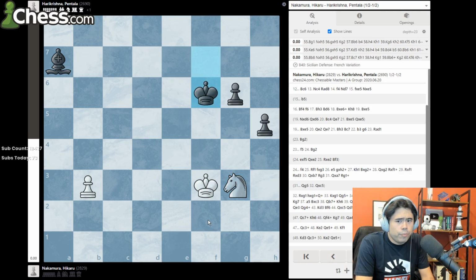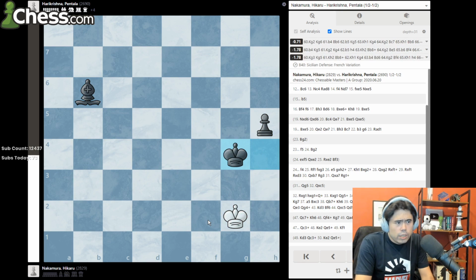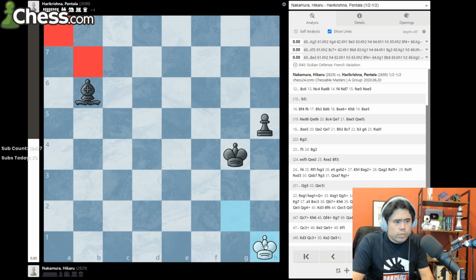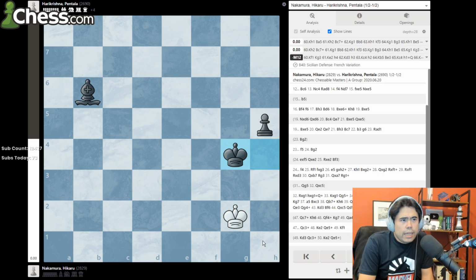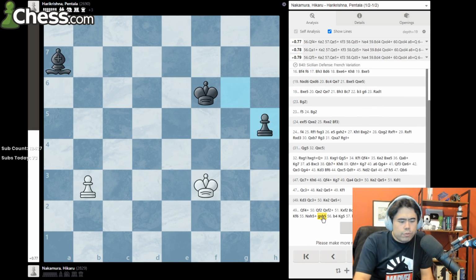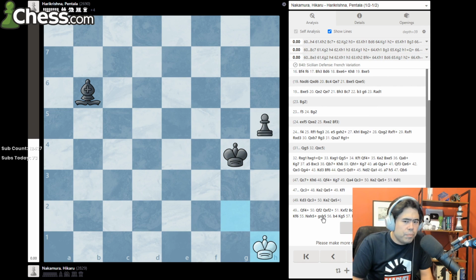I go knight here. And now just take, and as you guys know, this is a theoretical draw. Wrong color bishop here, so black can never make a queen. Basically, the bishop needs to be on the light squares and controlling the critical pawn push, which wins the game. And so at this point, after I go king h1, I offered a draw, and Hari